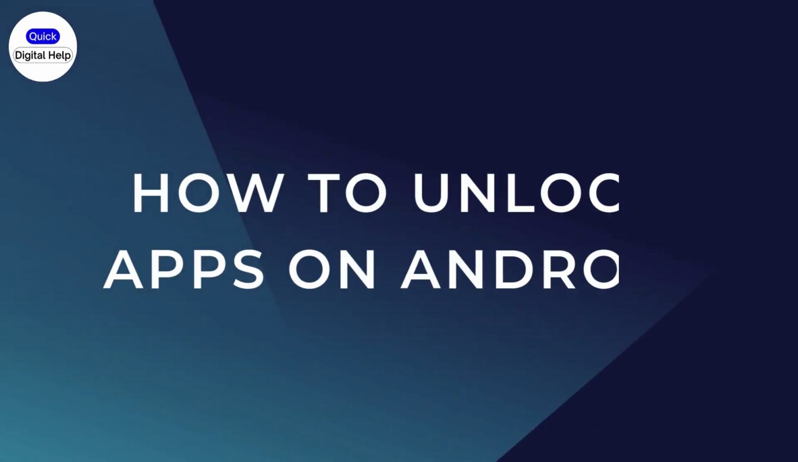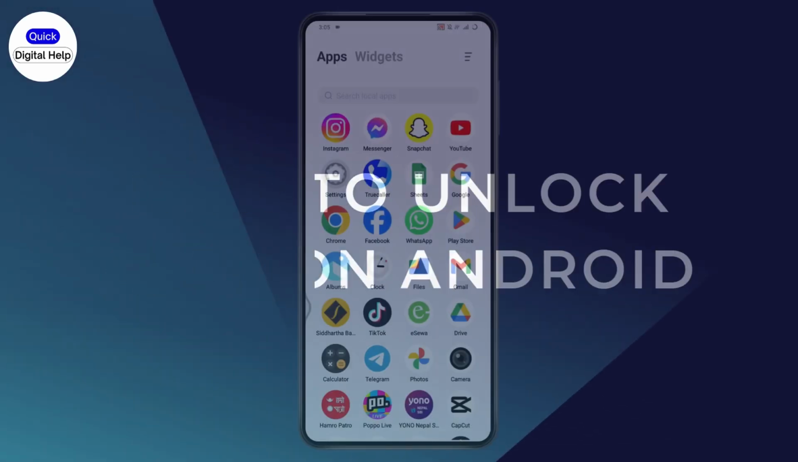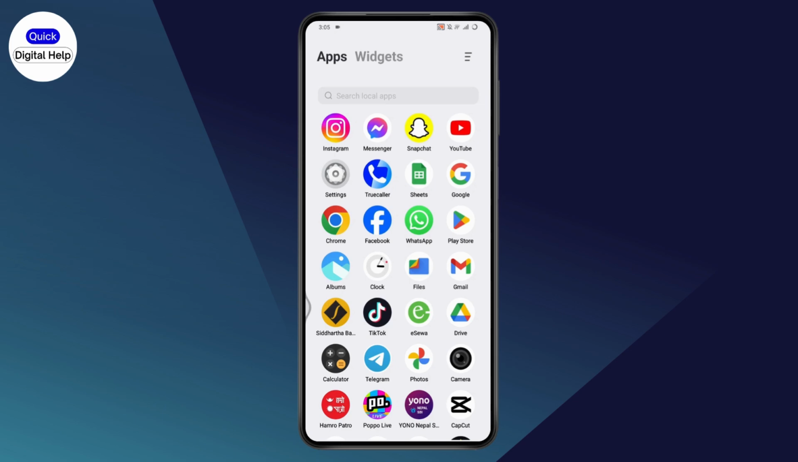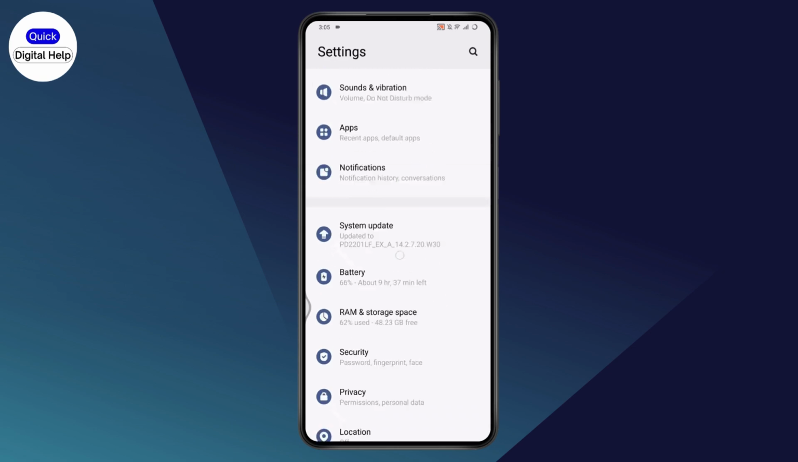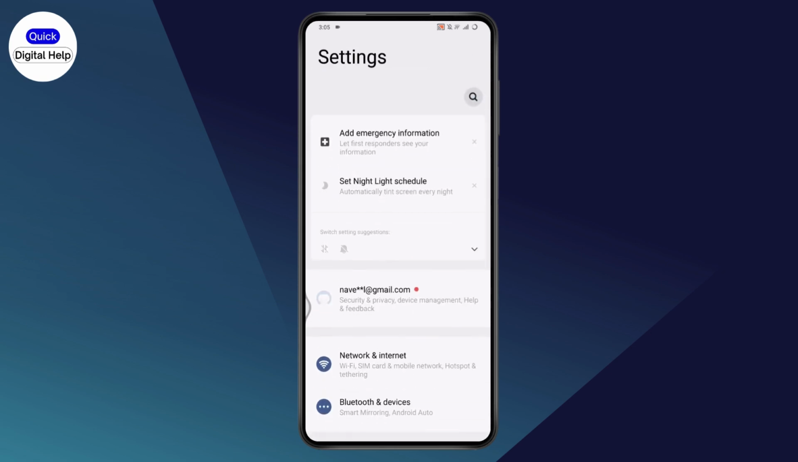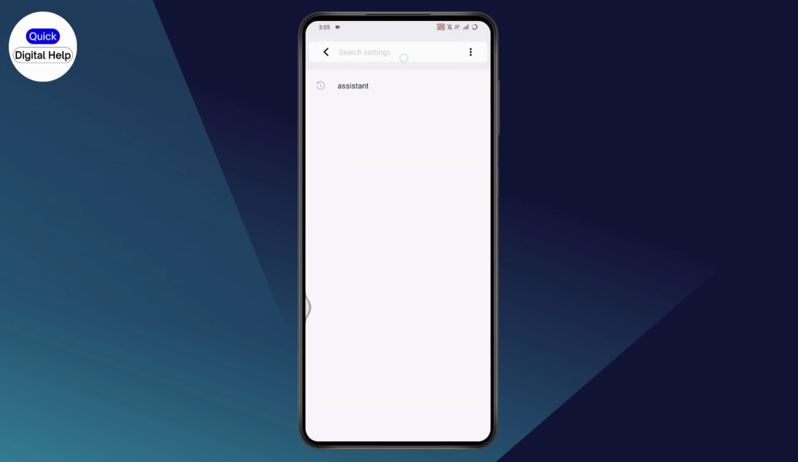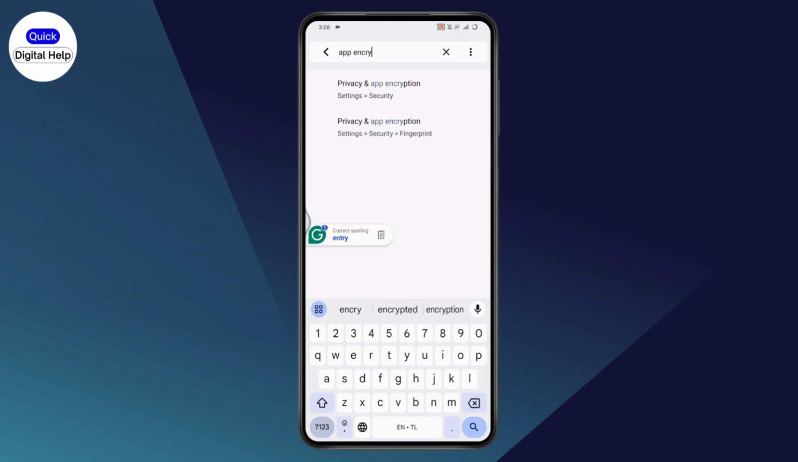How to unlock apps on Android. So if you want to unlock apps on Android, then first you need to open up your settings. Once you open up your settings, now you just need to simply scroll down, or you can simply go with the search, which is on the upper right, and then you need to search for applock or app encryption